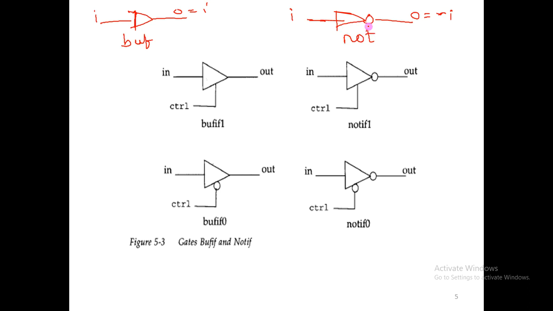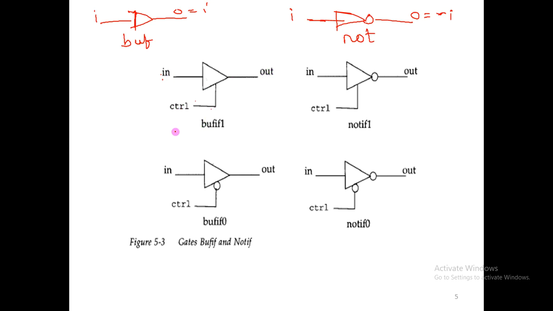Now if means it's like a control signal. When you call buff if or not if, there is an additional input which controls the flow of the logic. Here I'll give the additional input, and we call it control. Buff if 1 means if control is 1, then only the output will get the input logic. If it is 0, then the output will not receive anything from the input. It's like blocking it. You get the output as high impedance state. Remember, in buff if 1, if control signal is 1, then only the output will be equal to input. Or else, if control is 0, the output will be high impedance state.